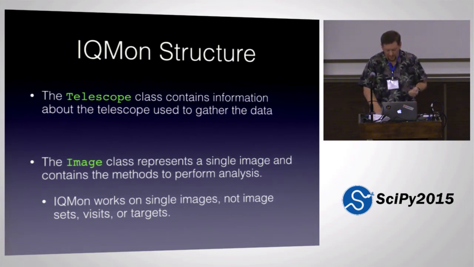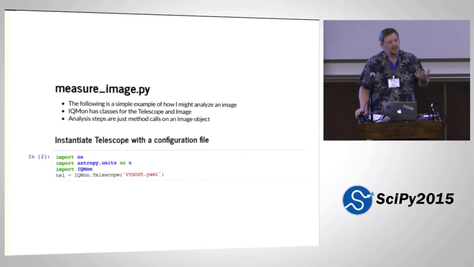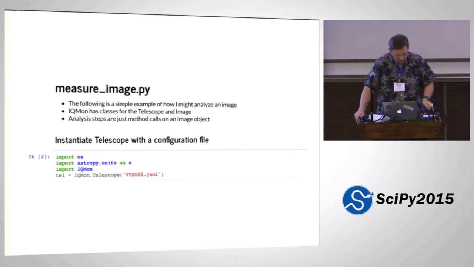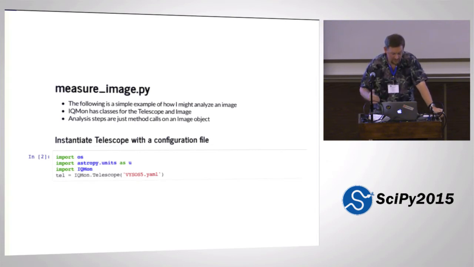The way it's envisioned that you'll use this is that you write a very simple script, which I've called, in my case, measureImage.py, and that will just define everything and make these calls. First thing is we want to import IQMon, and then we instantiate our telescope with a configuration file. This is just a YAML formatted file that contains the basic parameters of the telescope, and then there's a bunch of configuration parameters for the